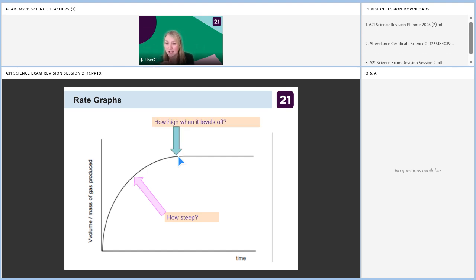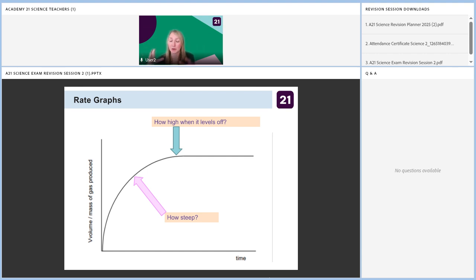And that's the other interesting part on this graph, because where it levels off, that tells us something too. That tells us how much of a certain reactant there was, the limiting reactant. So that's important too. And the final thing I'm going to ask you before we just go to final questions, if I asked you, this is an experiment where we've made some gas, okay? If we heat this experiment up, we heat it up to a hotter temperature, what would the curve look like